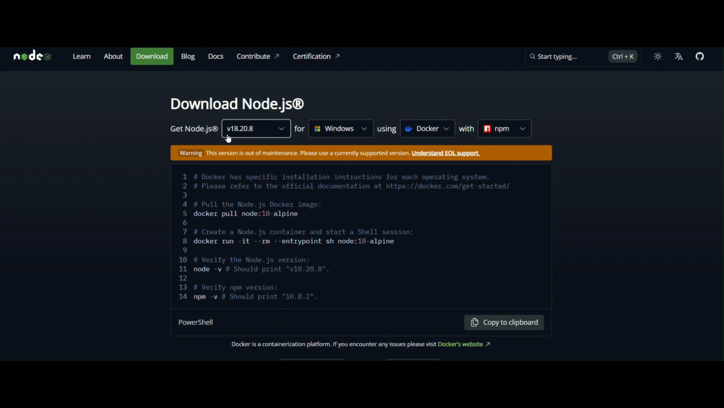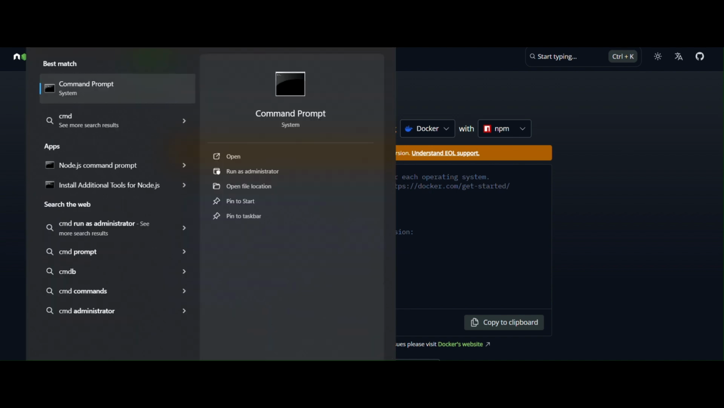So yeah, I have downloaded version 18.20.8. I'll show you. I have downloaded it and I have installed it. Just follow the instructions. Once you download, you can click on download and then you can follow the instructions in order to install it. Once you have installed, you can check the version of it by